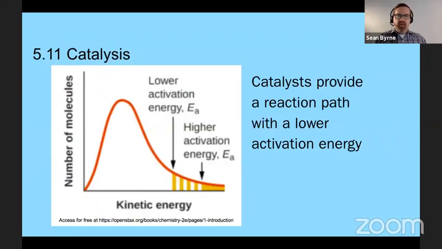Okay, here's another way of looking at that same picture that we looked at earlier. Oh, sorry, this is a Maxwell-Boltzmann diagram, a different graph. This is Maxwell-Boltzmann, but instead of changing the temperature and moving our red line over, what we're doing is we are lowering the activation energy. Okay, so again, we're comparing the area that's underneath this curve, and we're saying that a higher activation energy, maybe the normal reaction, would be right here. And so only these particles underneath the line would have enough energy in order to produce products.